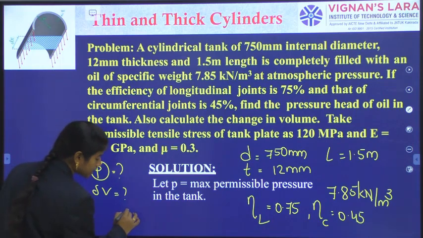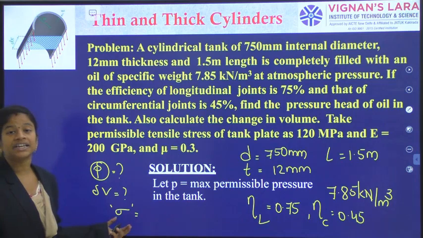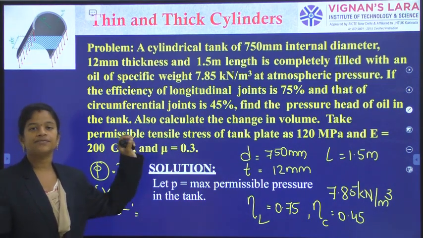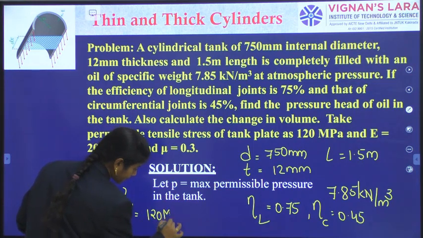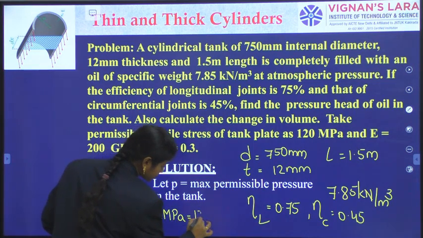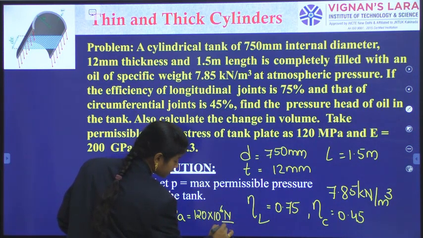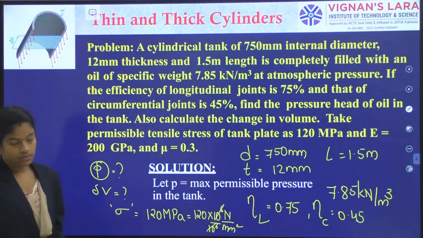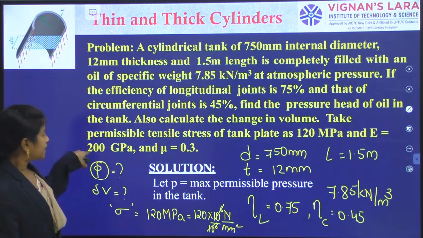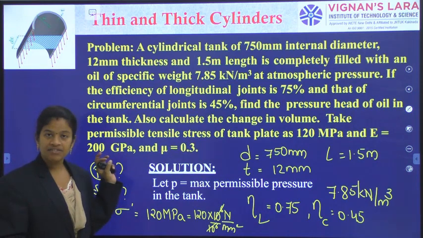So the corresponding permissible tensile stress, which the material of the tank can handle, is 120 megapascals, which is 120 into 10 power 6 pascal. After removing the powers, I can write 120 Newton per mm square. Okay, now the capital E, Young's modulus, is 200 gigapascals, and mu is the same as the previous data, but